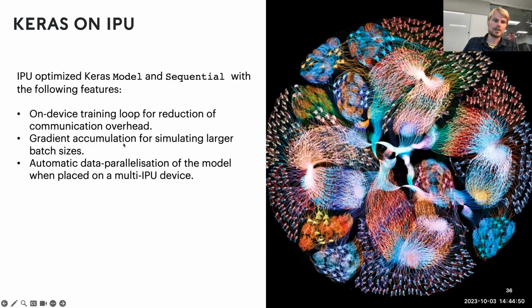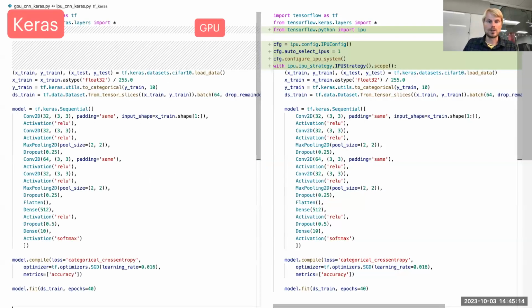The IPU optimized part includes what we call on-device training loop, gradient accumulation, and some data parallelization strategies. For example, we can run with multiple replicas really easily on the IPU. And let me explain what these are and how these techniques help us increase our throughput on the IPU and run faster. So we start with the